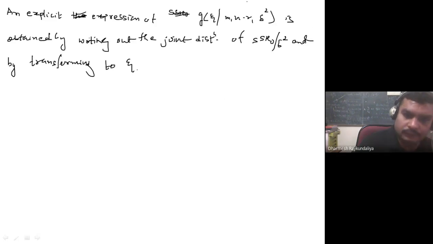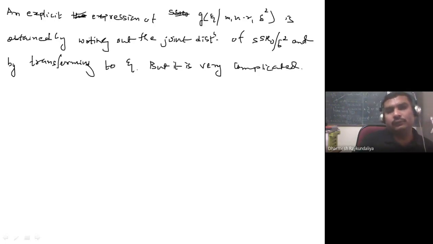But it is very difficult, very complicated. So whenever the integration form or the evaluation of the integration is very complicated, we always try to find the numerical solution. You must have studied the Simpson 1/3 and Simpson 3/8 rules. Likewise, there are many other simulation methods, Monte Carlo integration methods, importance sampling methods, and variance reduction techniques to obtain the estimate of the integration. So there are many techniques available in the literature.